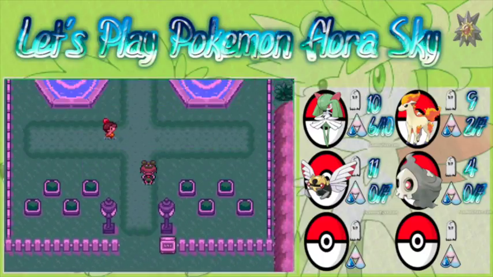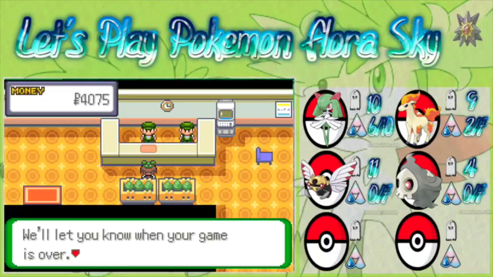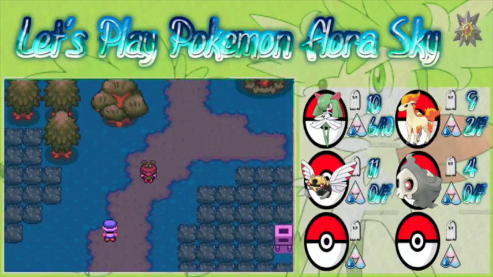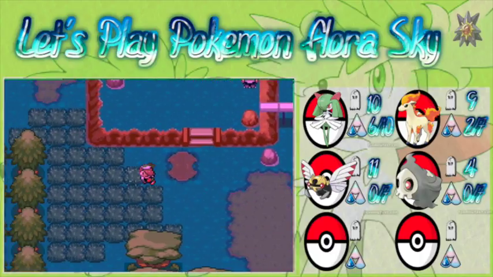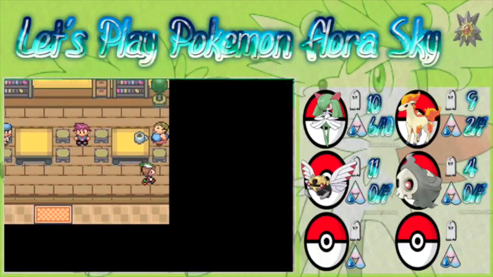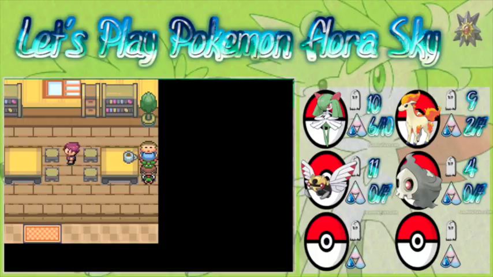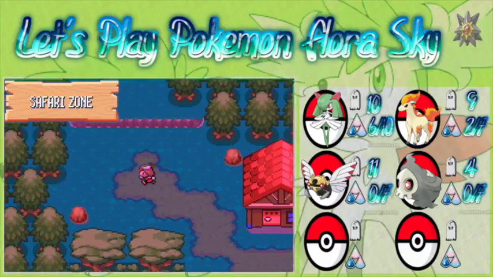But, there we go. So now we need to go back into here and talk to the guy in the hut up here. Do you have strength? Are you going to give me strength? Do you like this area? I like Safari Zone. Yep. Okay, so yes, we get HM04, which is strength. Awesome. Okay, so now...